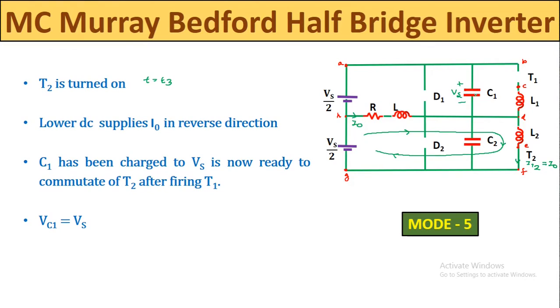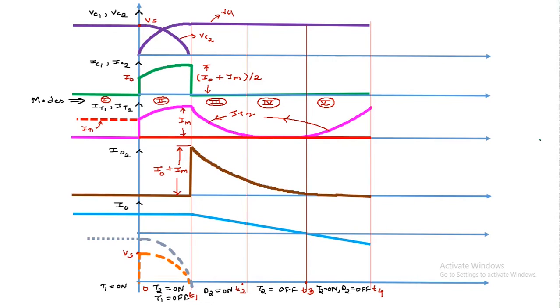As we have discussed that C1 capacitor is already charged with a voltage Vs, and it will give the forward bias to this T1 thyristor here. When we turn on this T1 thyristor, then only this T2 thyristor will go into the off condition. Now we will discuss the output waveforms for the fifth mode of operation. Here you can see Vc1 is equal to Vs, Vc2 is equal to 0, IC1 and IC2 both are equal to 0. Load current is maintained by the lower voltage supply, but since the load is inductive, the current